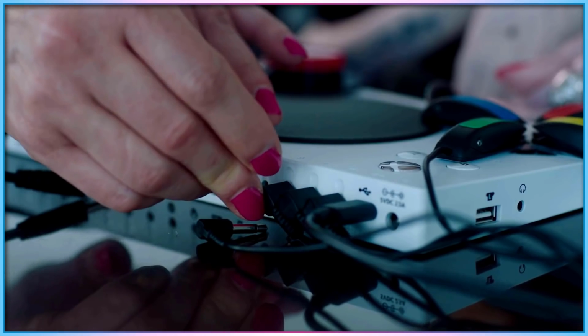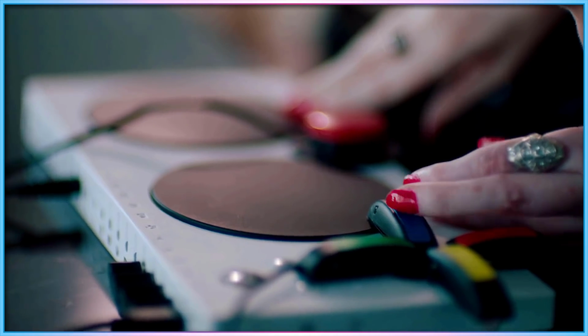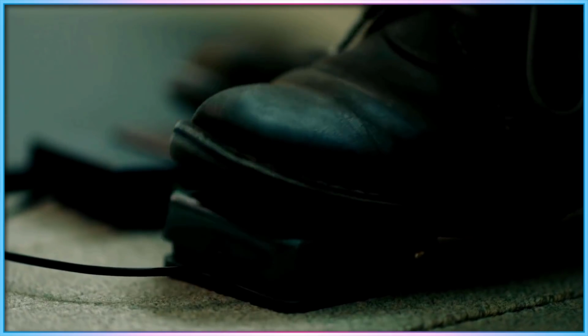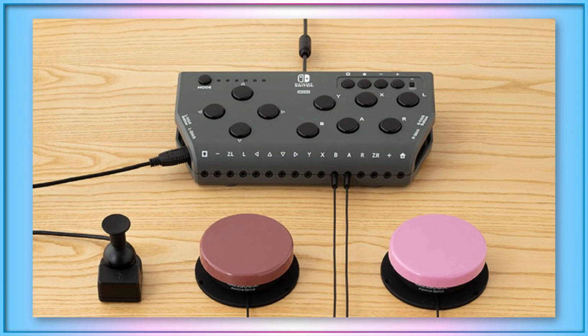The Hori Flex is a much smaller modular controller base than the Xbox Adaptive Controller, featuring a larger variety of face buttons of smaller sizes. Where the Xbox Adaptive Controller primarily features a very large A and B button, as well as a D-pad and system navigation buttons, the Hori Flex instead features A, B, X, Y, L and R buttons, alongside D-pad directions on